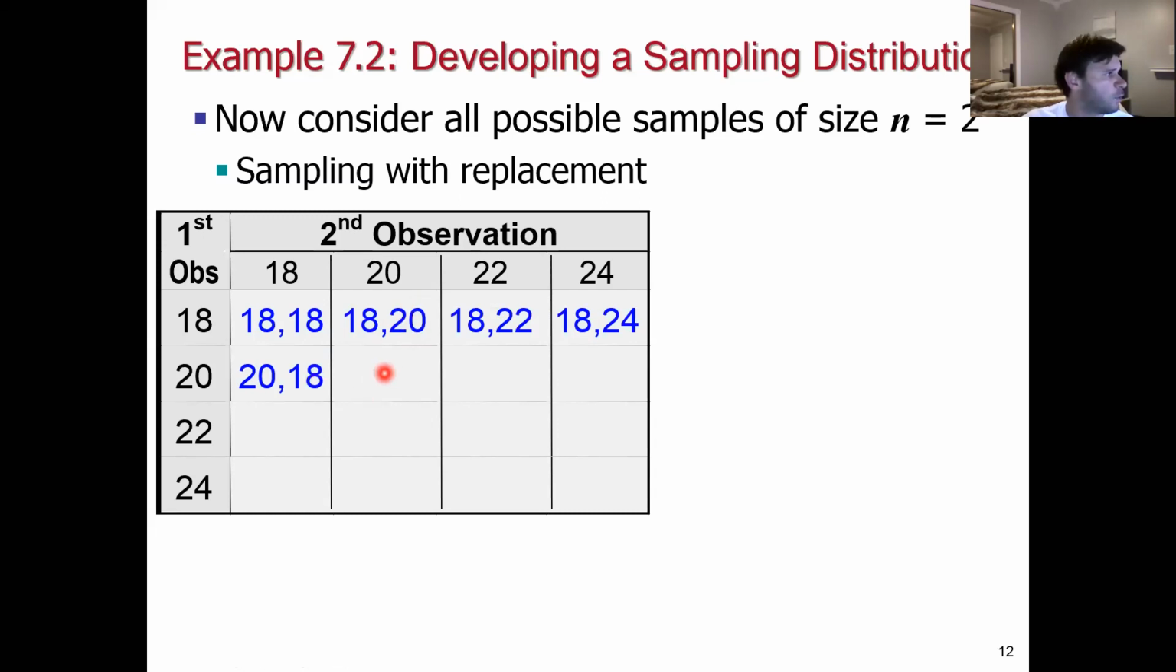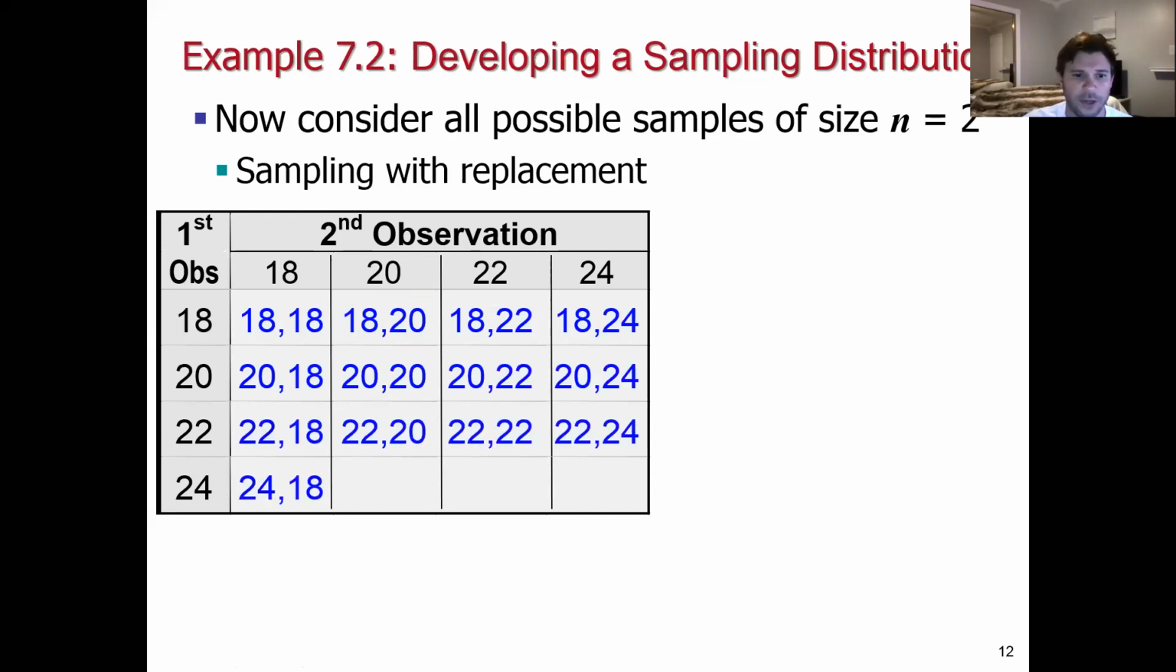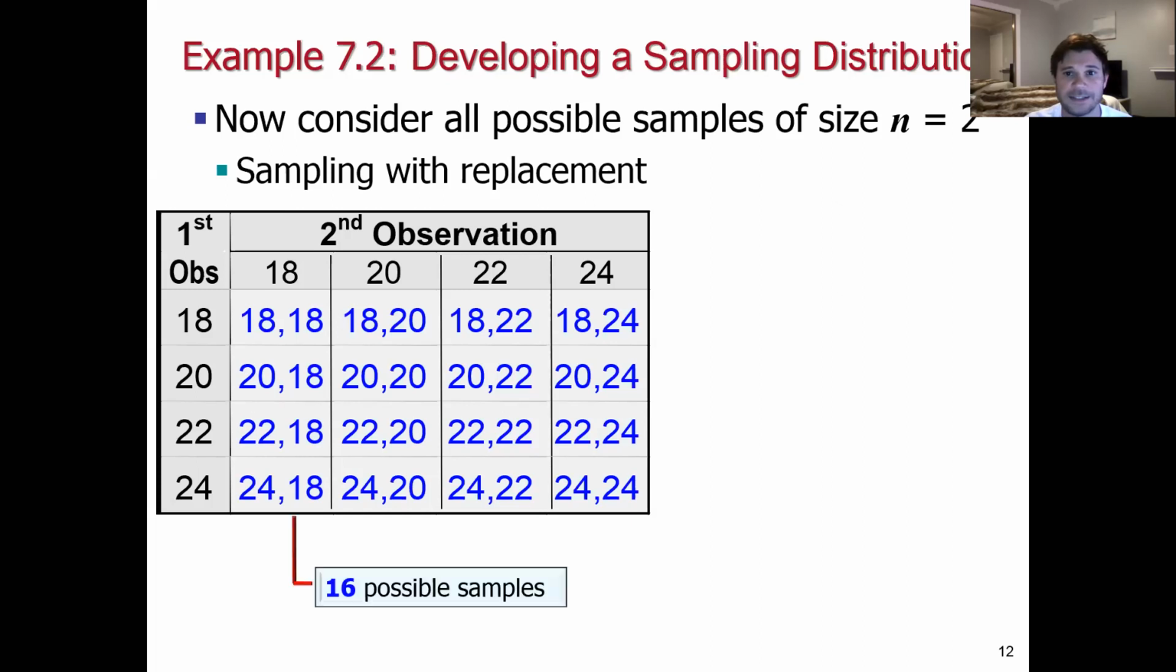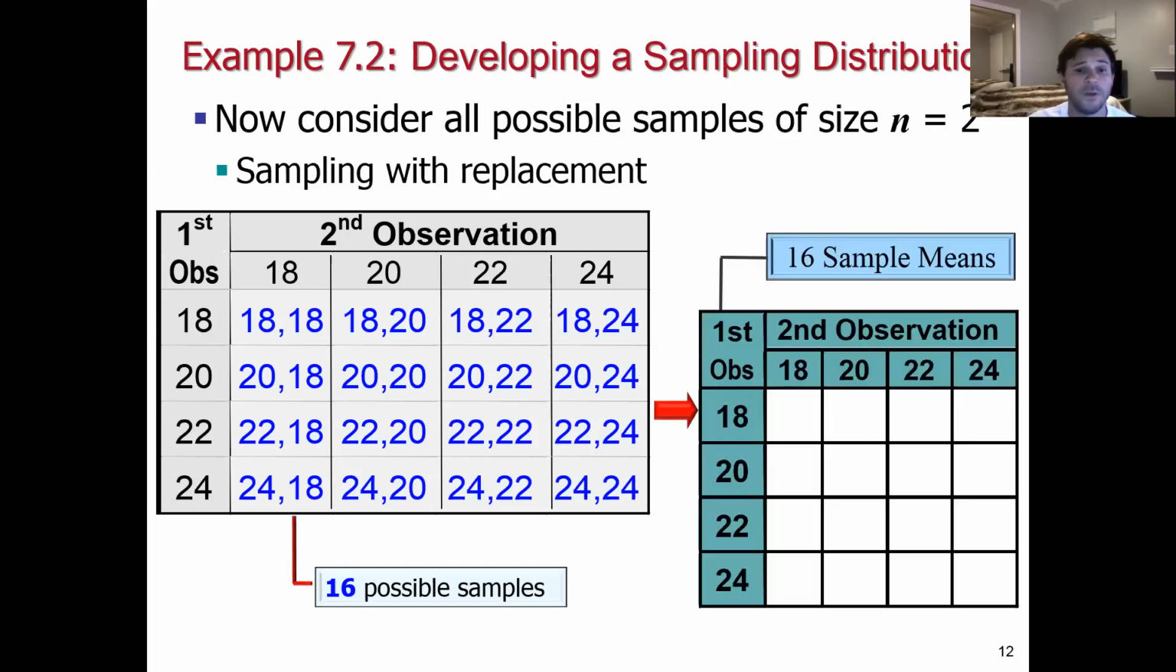Okay, in this cell, this corresponds to us sampling the 20-year-old twice, right? And I think hopefully you get the point here, but we can think about all possible two-person samples that we could draw here by resampling from that population over and over and over again. And hopefully you see that is 16 possible samples that we could generate. What we're going to do now is for every one of those cells, we're going to look at the two observations in the cell. We're going to calculate the sample mean, and we're going to move those sample means onto